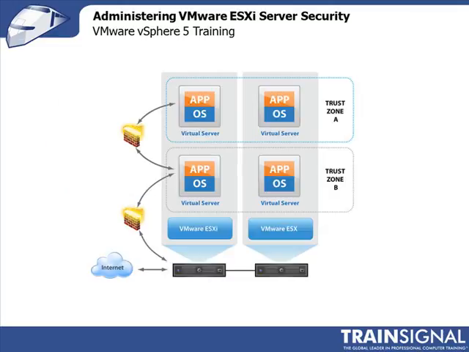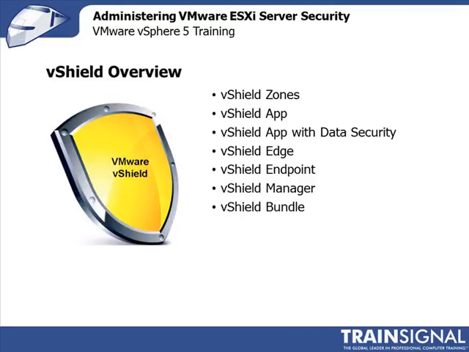vShield Zones is actually a basic application layer firewall that's included in the hypervisor, and it can filter traffic between VMware virtual machines and groups of virtual machines, and between those virtual machines and the physical server or the physical network. So vShield Zones, like I said, is included with Enterprise and Enterprise Plus, and with it you create these trust zones, and then you can define basically who can talk to who. That's really what vShield Zones does for you. And if it happens to be included with your version of vSphere, then I highly recommend that you check it out. So if we move on and we talk about the other types of vShield that are available, starting with